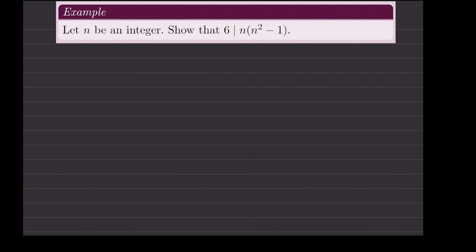But here we can immediately solve the problem using the theorem we just learned: the product of n consecutive integers is divisible by n factorial. Why is this useful here? Because n times n squared minus 1, using the conjugate rule, can be factorized as n times n minus 1 times n plus 1. But I can rearrange this as n minus 1 multiplied by n multiplied by n plus 1.